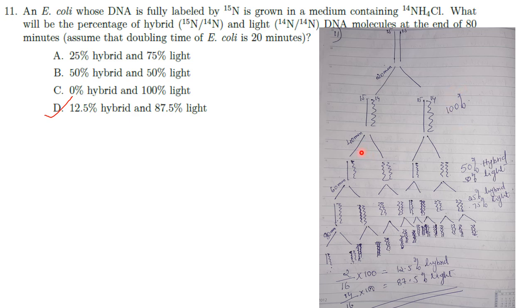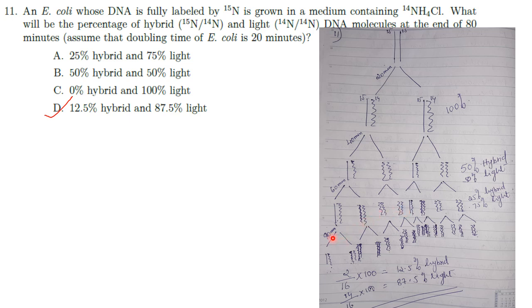Then after 40 minutes you will get 50% hybrid and 50% light. So these are the hybrid DNAs and these are the light DNA. So 50% hybrid and 50% light. After 60 minutes you will get 25% hybrid and 75% light